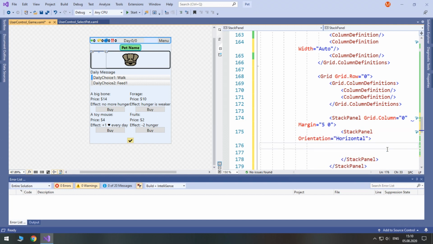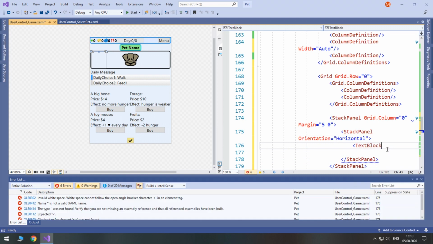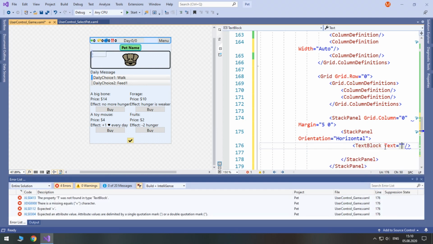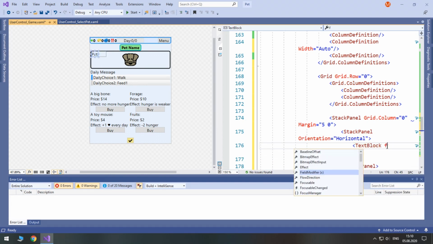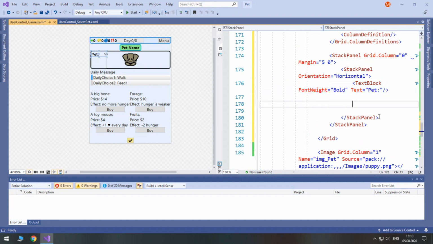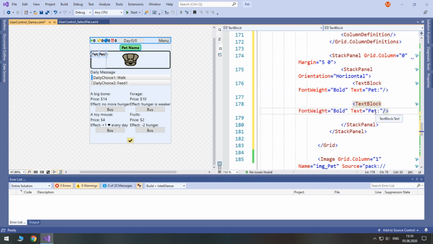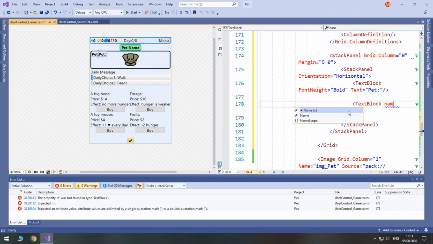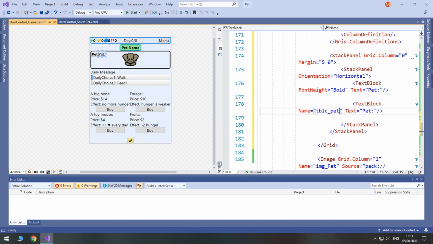Inside of this stack panel we will put 2 text blocks. Text block 1 will be with the text pet, make it bold, and the second text block will contain the value. So it's very similar to these stats. So we will access it by name, therefore we need to give it a name, text block pet, and the placeholder will be text block pet, just so that we always know the name of this control.